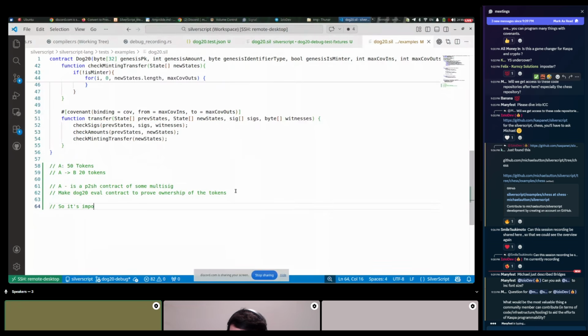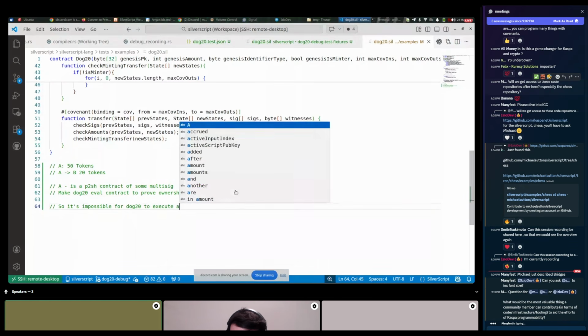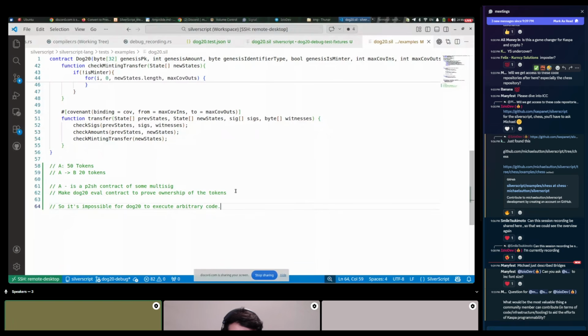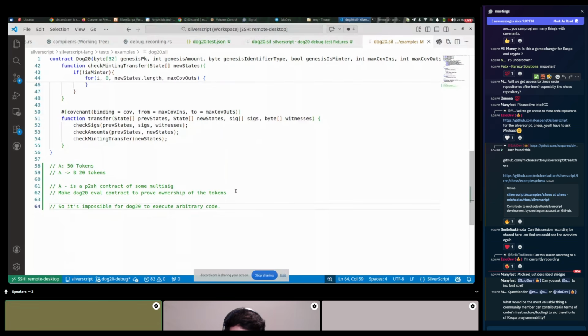So it's impossible for doc20 to execute some arbitrary code. Instead, we are using what Michael called ICC, inter-covenant communication. We are proving that A is aware that his tokens are used.